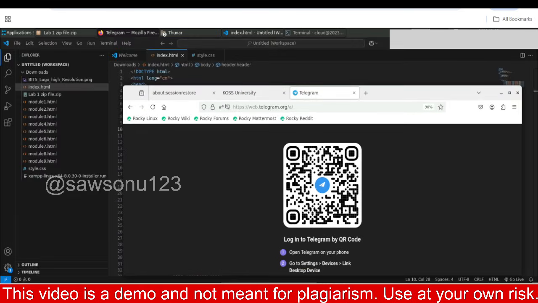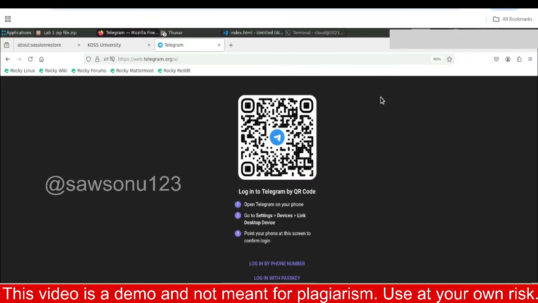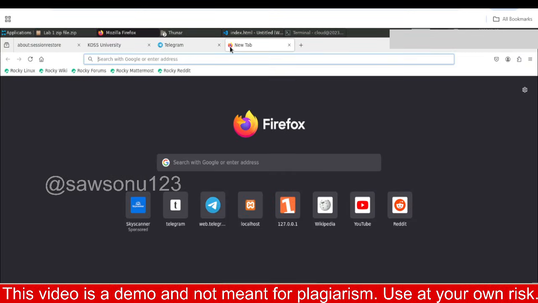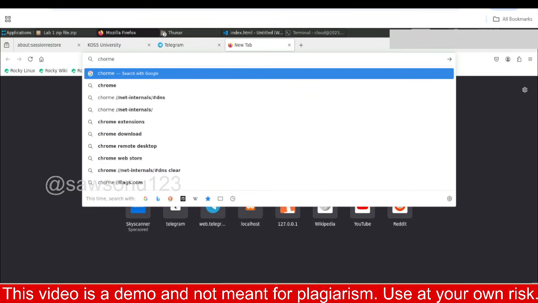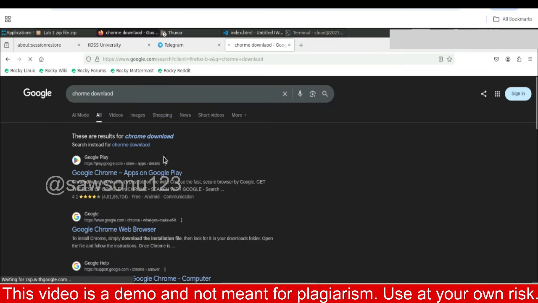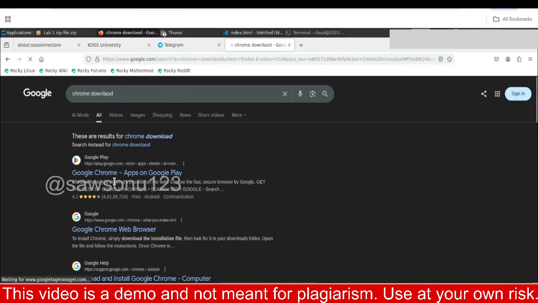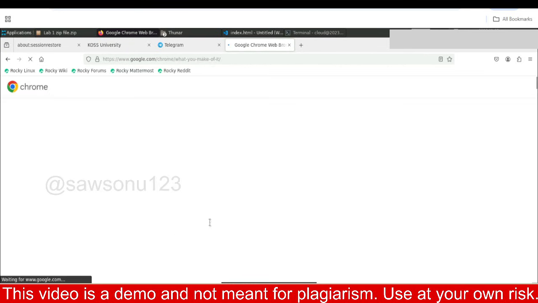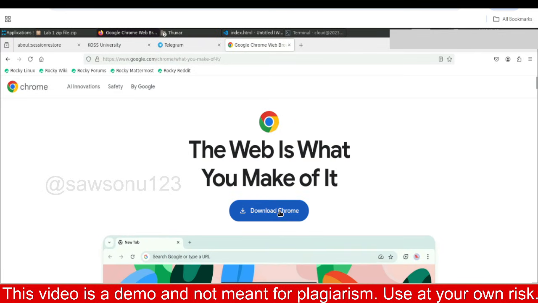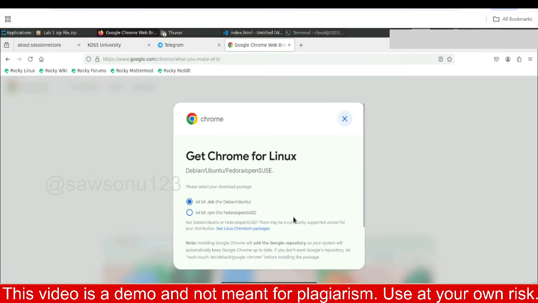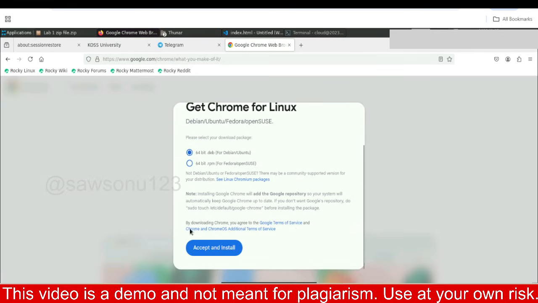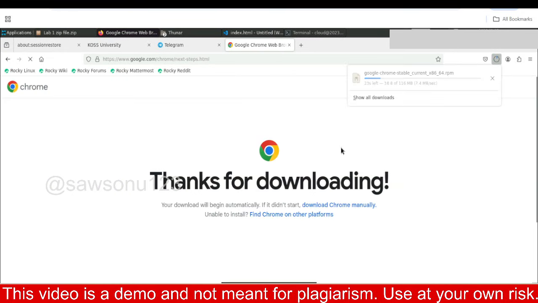This is my lab. And if you are a Chrome user, guys, just download Chrome here. Chrome download. Okay, Google Chrome browser. Now click on download Chrome. 64-bit Ubuntu. No, we have Fedora, guys. Okay, use Fedora. Debian Ubuntu is not there. How I got this? Using